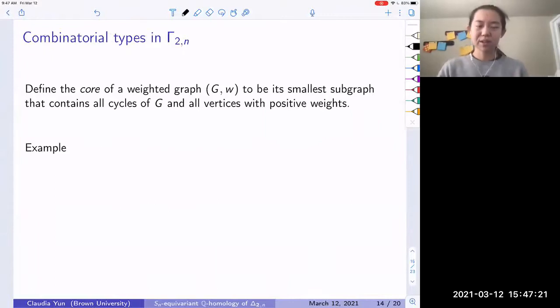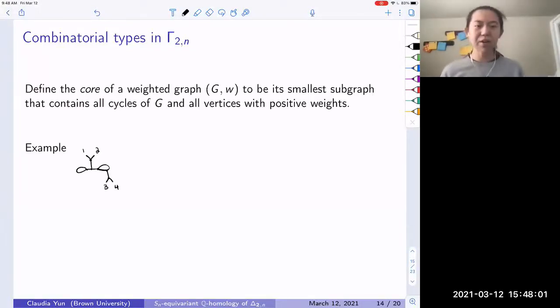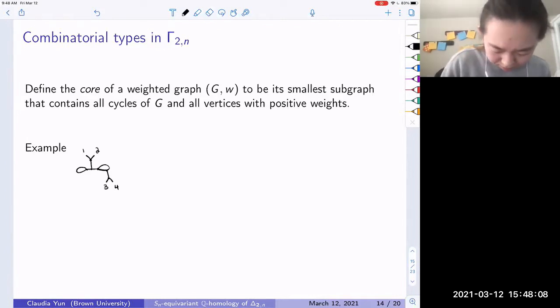And what else will be in the bridge locus? Well, if we define the core of a weighted graph to be its smallest subgraph that contains all cycles of G and all vertices with positive weights, then in fact, every graph whose core is a proper subgraph will be in the bridge locus as well. So let's see an example. So if I just draw, say, maybe I'll take 4 markings here. And now if we have a combinatorial type like this, then the core of this graph is going to be this dumbbell